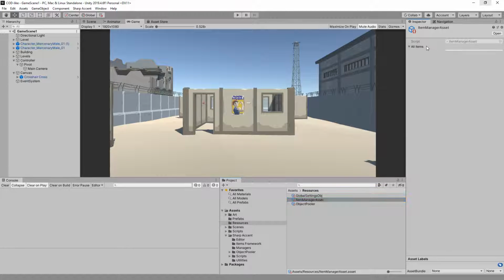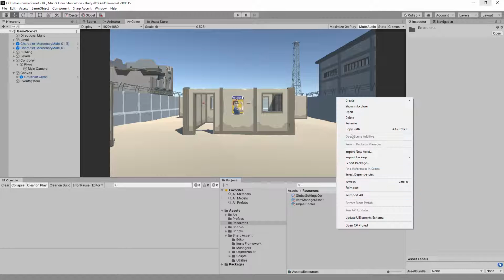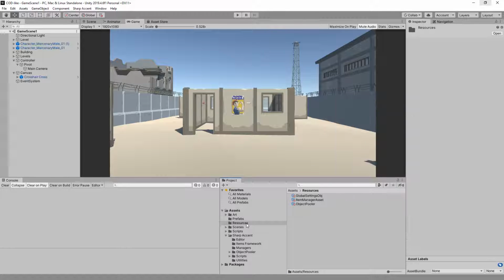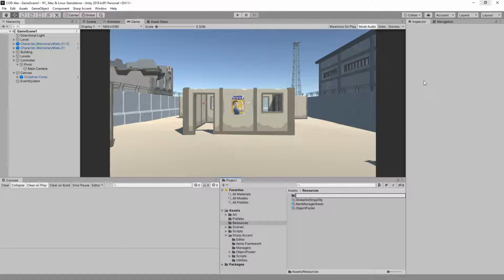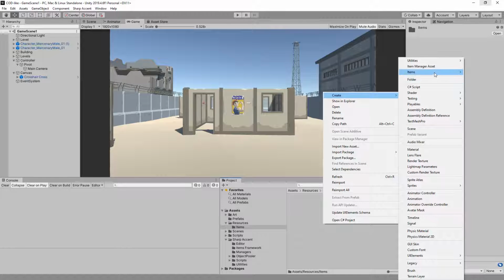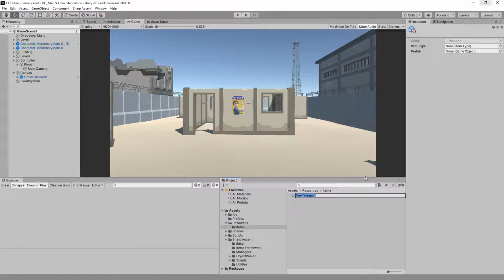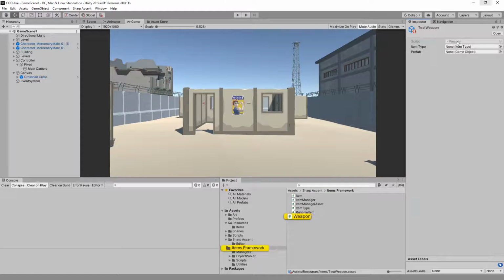We actually already have it, which is here, but we can also create items. Inside the resources folder, I'm going to create a new folder, which I'm going to call items. Then in here I'm going to create a new item. I have already set up an item scriptable object, which I'm going to call test weapon. Let's open this up,